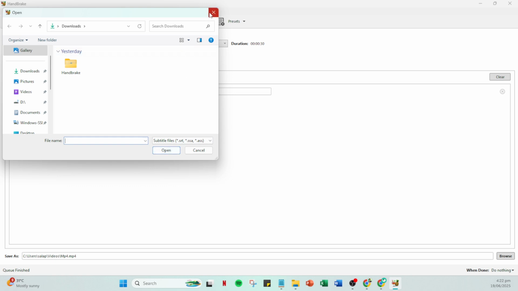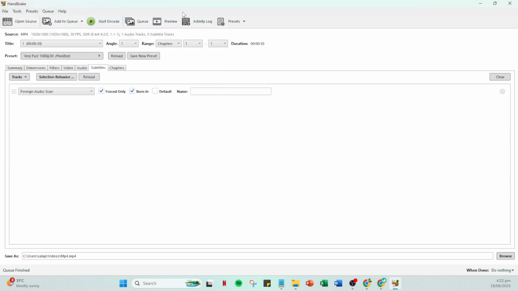Once your subtitle file is loaded, the next crucial step involves the burn-in option. This setting ensures that your subtitles become a permanent part of the video. It's often located within the subtitle settings, so look carefully. When you've located it, check the box to enable this feature. This action guarantees that your subtitles are permanently burned into the video, meaning they'll display on all devices without needing